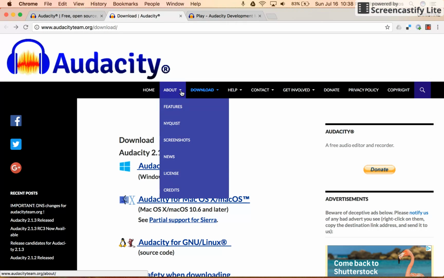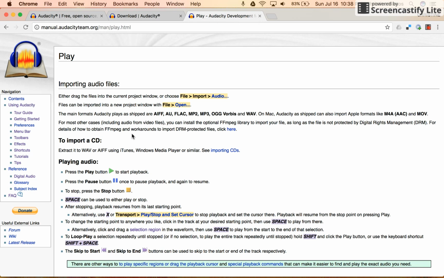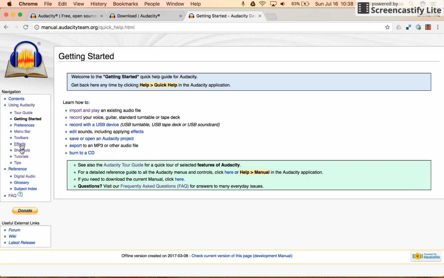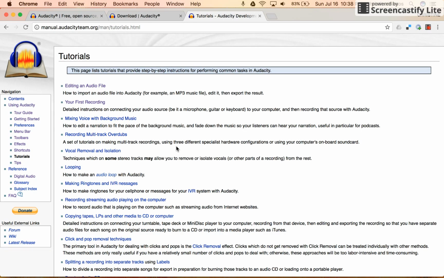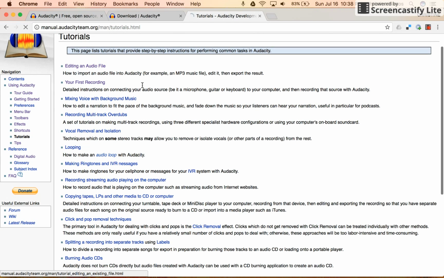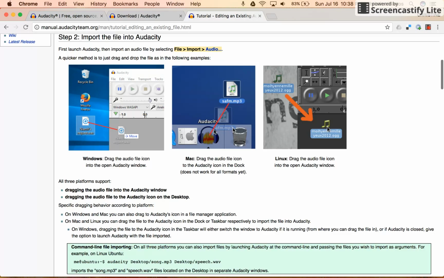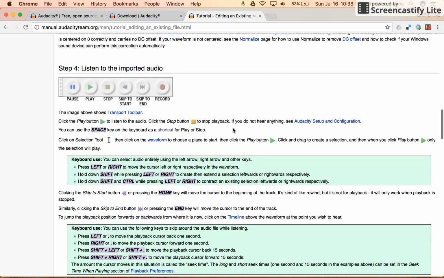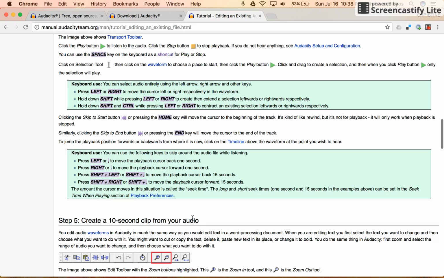So I spent a great deal of time looking at the manual. And the manual is very well done. It's very simple to use. It's got tour guides. It's got getting started. It has tutorials. They're all written tutorials, but some of them have images that allow you to see what exactly they're talking about. And they highlight different things.